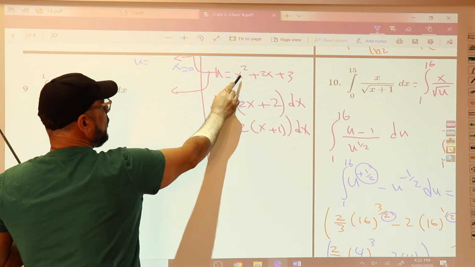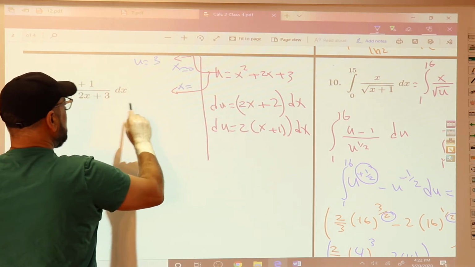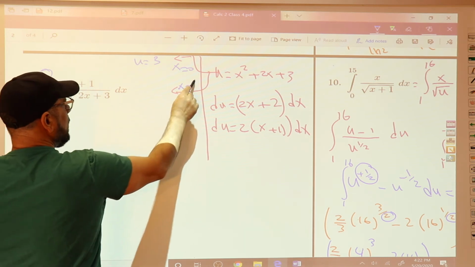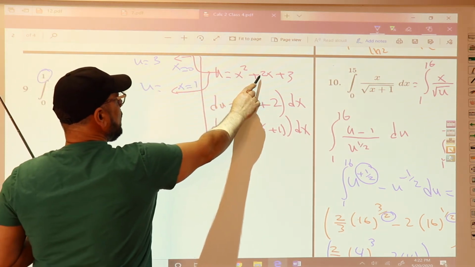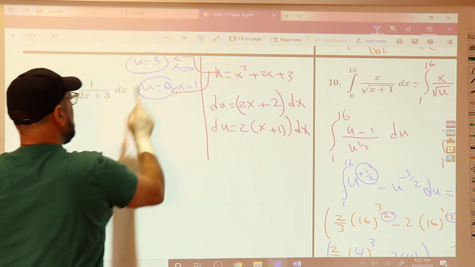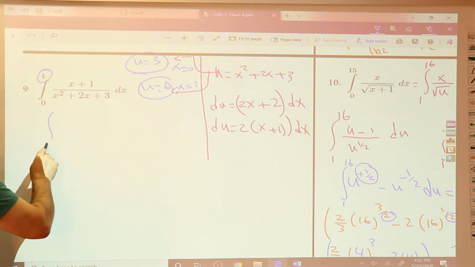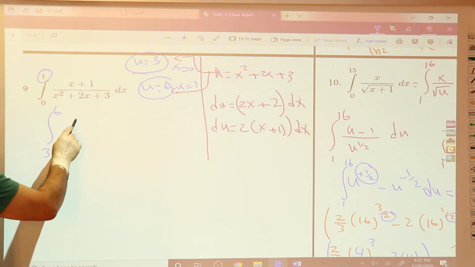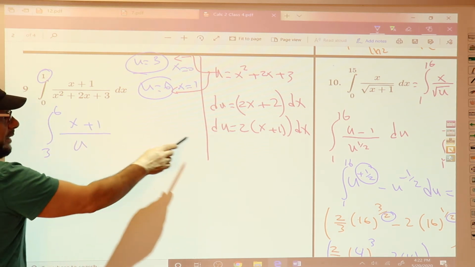When x equals 1, u equals 1 plus 2, 3 plus 3, 6. 3 and 6. Good. Then from 3 to 6, for x plus 1 and dx here,